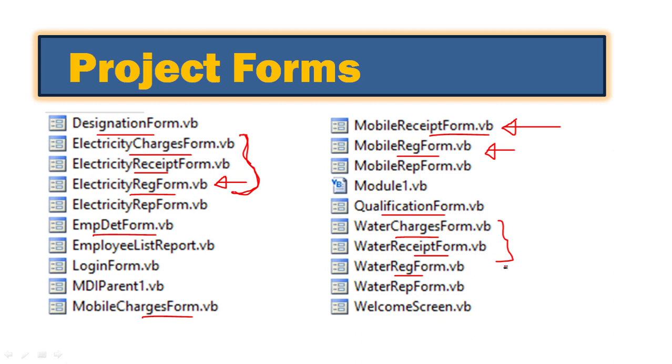Once we enter all the data, then every month we need to feed the data, monthly bill we need to feed here. So in real time, if it is online, the corresponding department will have the data. From that you have to fetch. Because it's offline project and is a small project, here in order to simulate that we need to enter the data. Then once the customer comes, they can able to make the payment and the corresponding report, and there is one welcome screen. So these are the forms which are covered in this project.